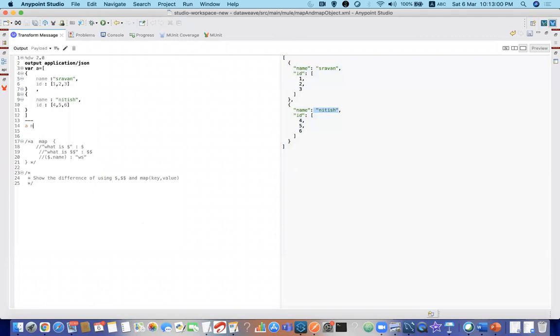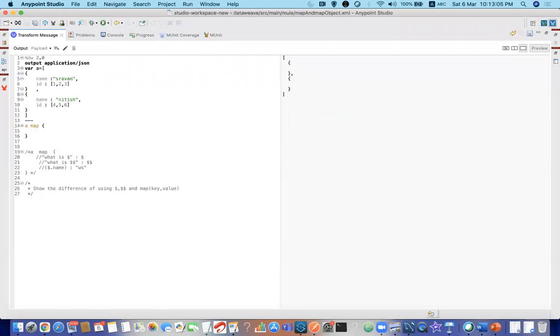Now, first I'll go with map. Then the syntax is open the curly braces and just enter it. I'll show you what is the other way of doing things, but for now, just don't write the syntax directly. Just observe what is happening over here. A, map, and curly braces. And what you are seeing over here is an array with two empty objects. That means whenever you are writing this A map with empty braces, it will show the number of objects that we are having within our payload. So as we are having two objects, it is giving two results.